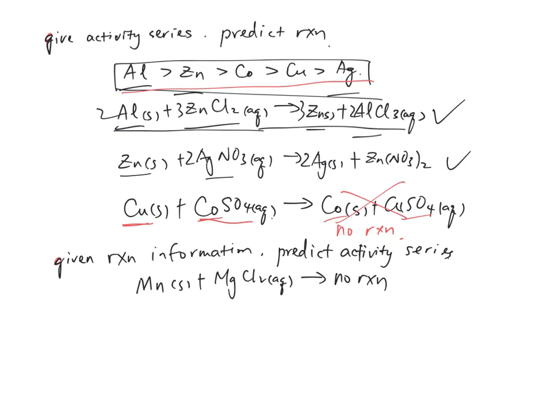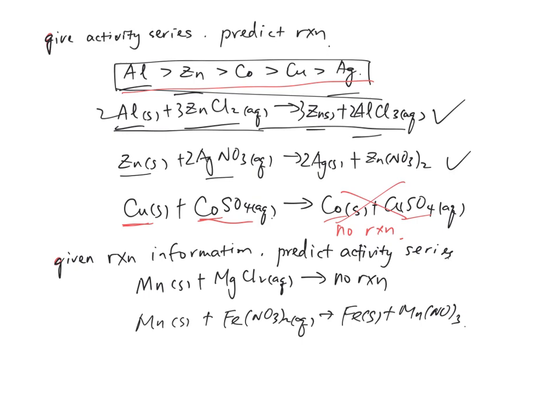Okay, then we also know that when manganese is put into an iron solution, a reaction happens and it gives me iron solid and manganese nitrate. Okay, now, and let's say we also know that